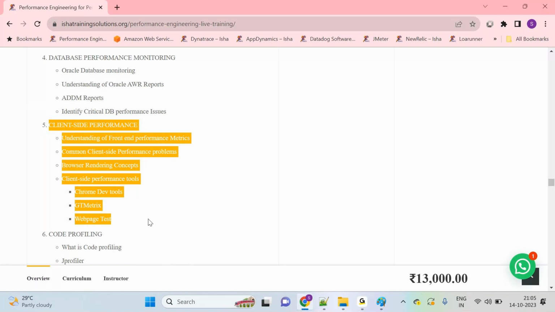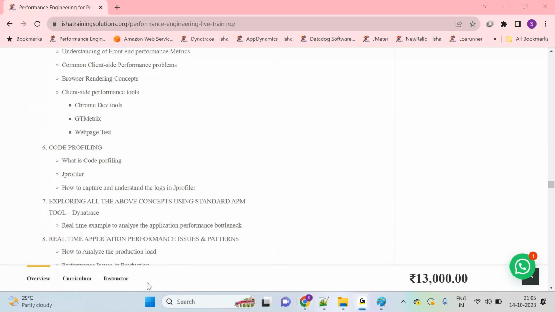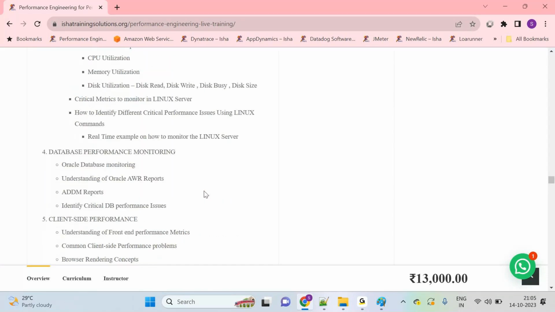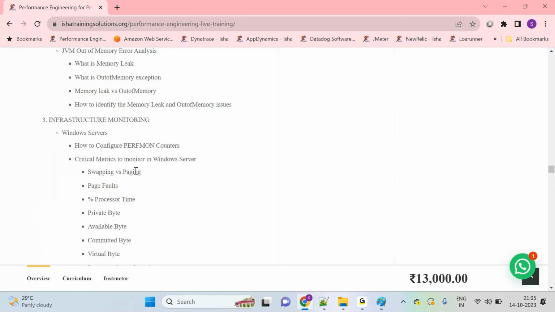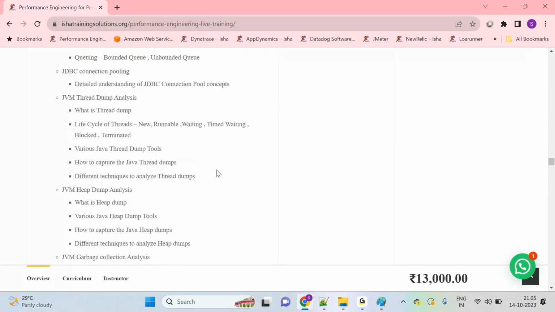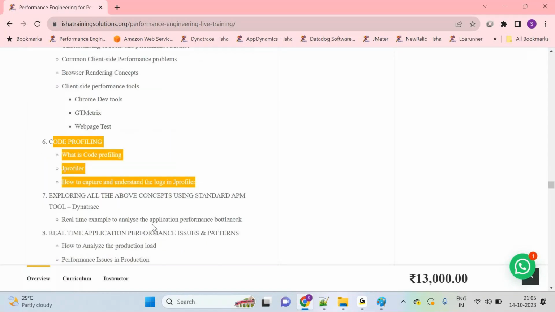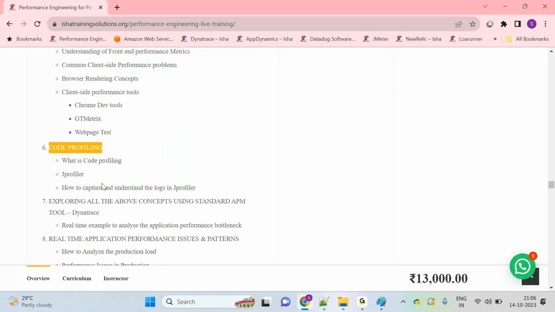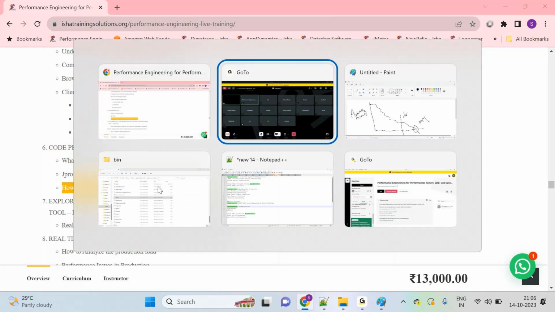So next one is, yes, we learnt about database side, client side, infra side, application side, everything. And I wanted to add one profiling tool knowledge also separately. Actually, we are learning one more profiling tool here as well. There is a tool called YourKit Java Profiler we are learning. Along with that, we are going to learn one additional profiling tool called JProfiler. Completely we are going to learn about that tool.